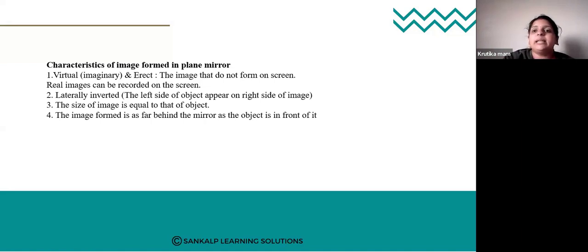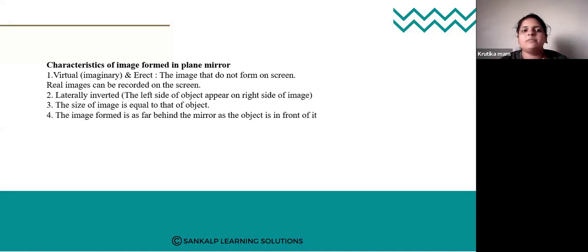The third point, the image is equal to the size of the object. Okay, that is a different case. Kelon mirror alli enagtira, if you are small, if you are thin, you will look fat. If you are fat, you will look thin. That is a different case. Short iddaga tall kanutte, tall iddaga short. That is a different case. So in the plane mirror, if you are observing, always the size of the image and the size of the object will be the same. Okay, so that is the third point.